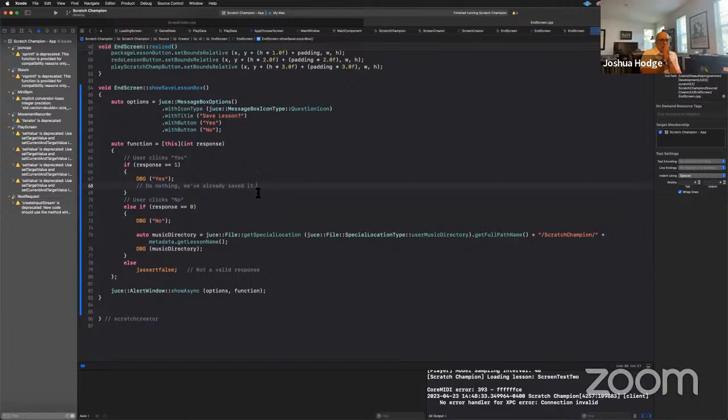If we say no, I just want to get to the easiest workflow possible before we start really complicating it, right? So maybe if we say no, it just deletes that lesson that you've just recorded,